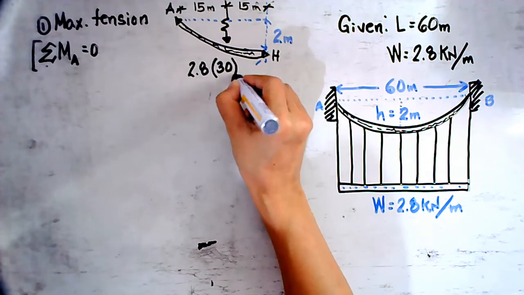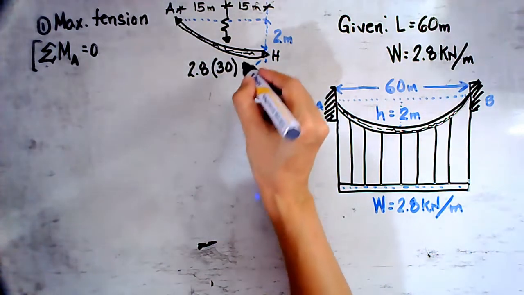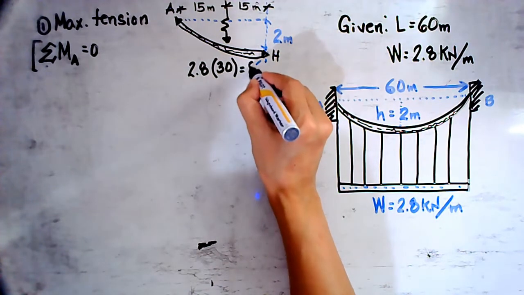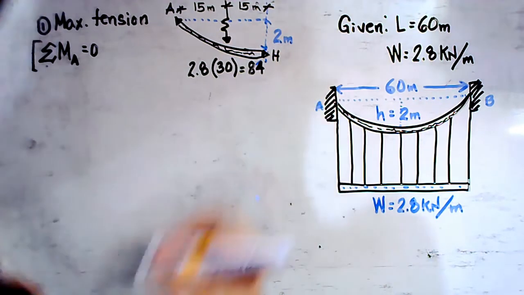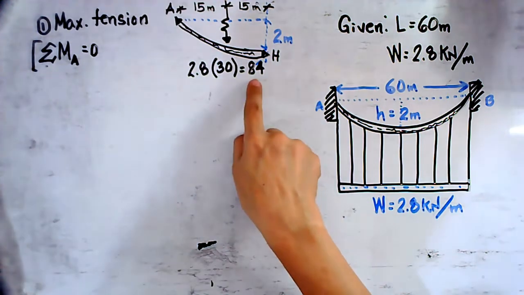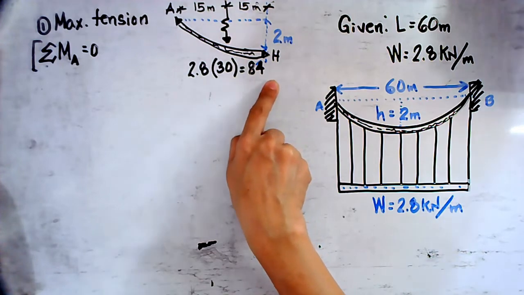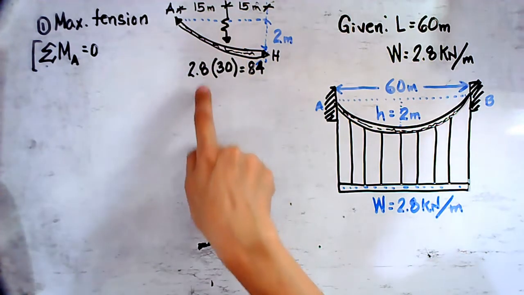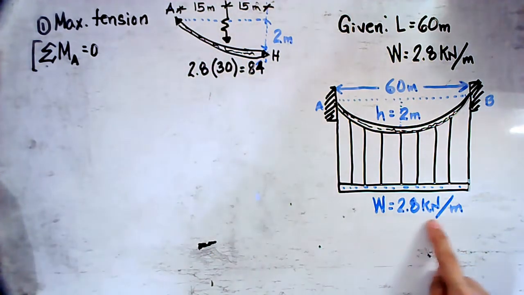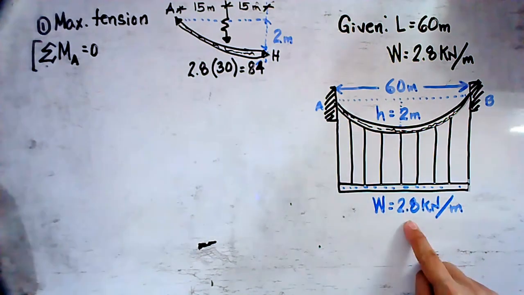That is equivalent to 84 kilonewton. So the unit of 84 is kilonewton, for the value of the resultant of the weight that has to be supported by the parabolic curve,